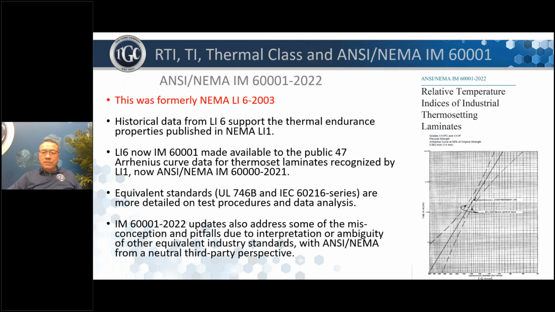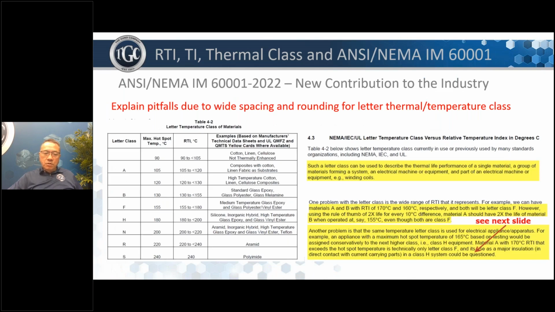So what we do is that we add quite a few paragraphs in there to explain some of the misconceptions or pitfalls on the interpretation of the other thermal aging standard from a neutral third-party perspective. And we also recognize that nowadays we need to talk about accelerated RTI or TI methods. So I'm not going to go through that in detail, but here are some of the examples of what we add to the NEMA IM 60001, because they talk about the pitfall of using a letter thermal class B,